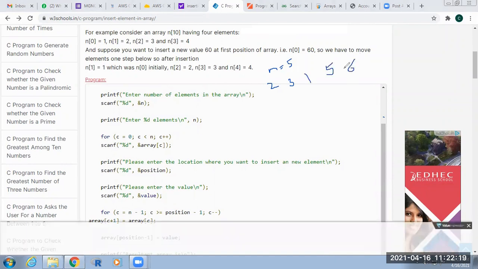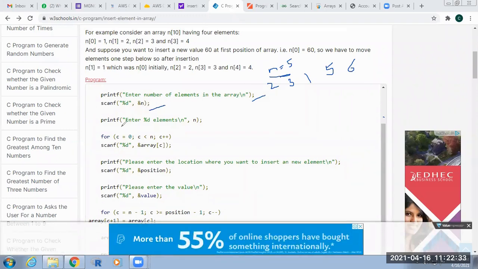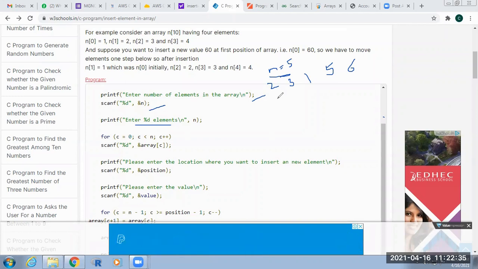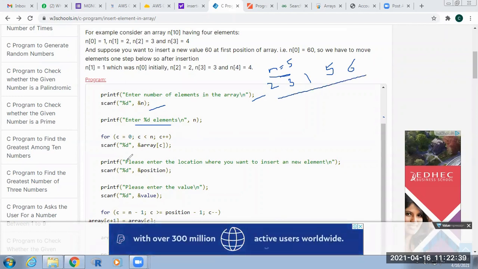I can insert the 5 elements because I have given how many elements you want to insert here. So that is printf, enter the elements to be inserted. Then for scanf we give the address, and 5 will be stored in n. Then enter the elements to be inserted: I insert 2, 3, 1, 5, 6. Next, see here, I am taking the for loop